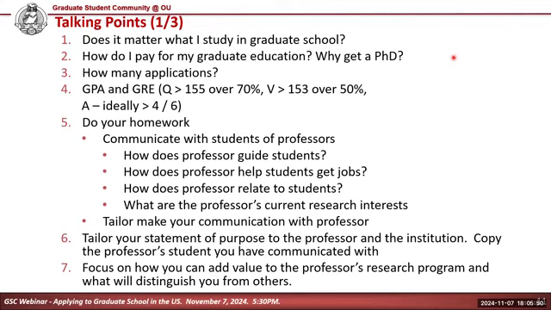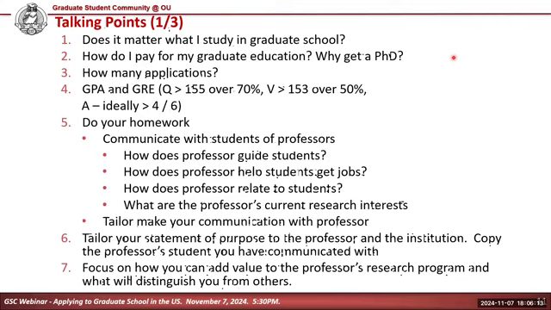Apply to no more than 10, maybe even 8, but you have to put in a lot of effort to make that happen. Regrettably, a number of people apply to 50 schools, hoping something will break out, and they don't get anything, or they get one and have no choice in terms of how to make things happen. That is because they don't put in the effort to create a competitive application. And I will tell you what goes into making a competitive application.